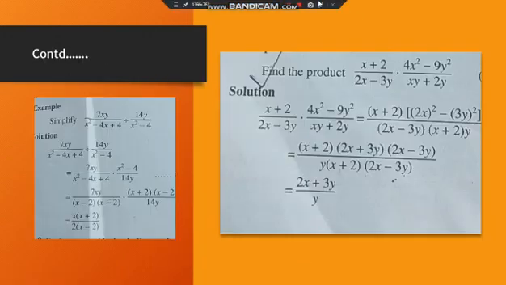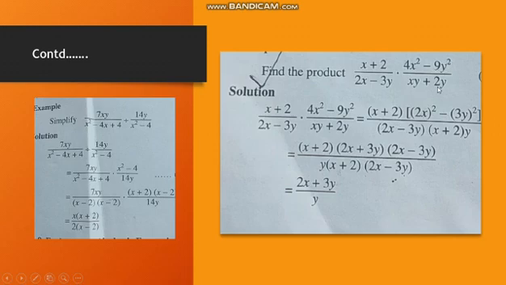Let's take another example of solving an algebraic expression, which is of a product: (x + 2) divided by (2x − 3y) into (4x² − 9y²) divided by (xy + 2y). First I will write these numerators and denominators aside. (x + 2) into (2x)² − (3y)². This (2x)² − (3y)² is the factorization of 4x² − 9y², and this 2x − 3y